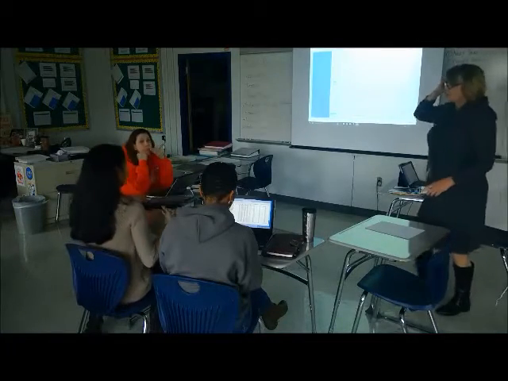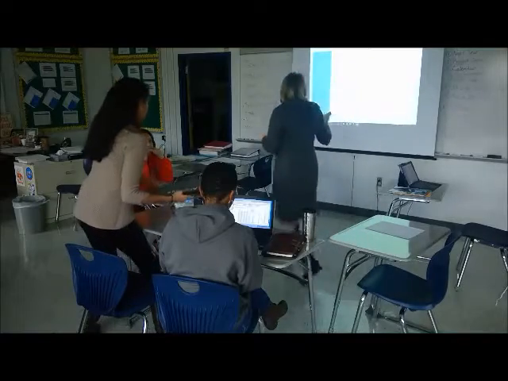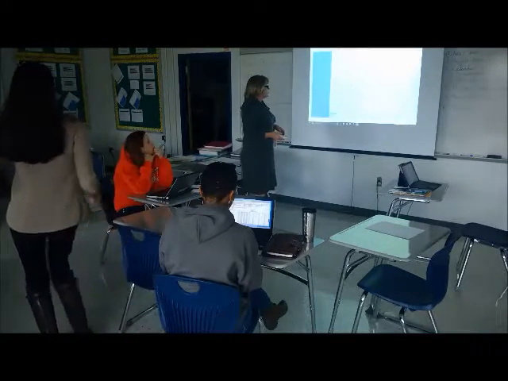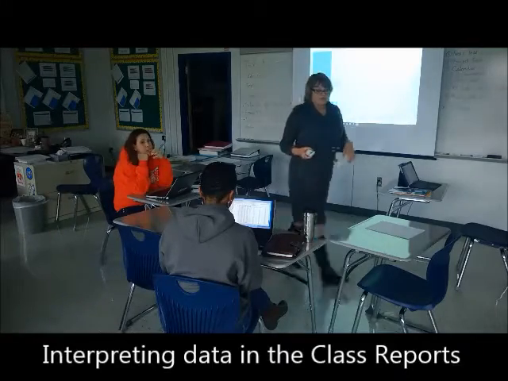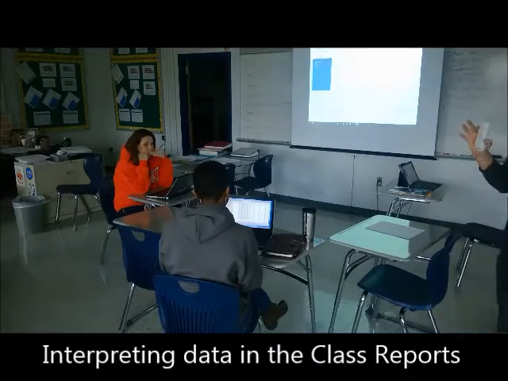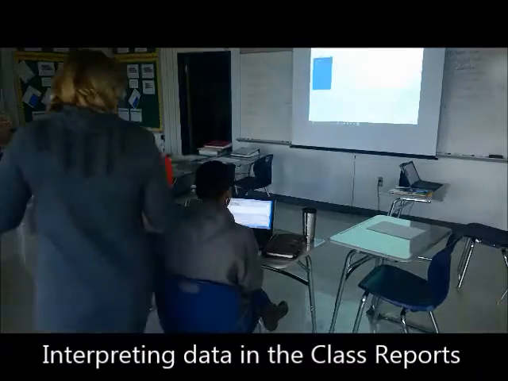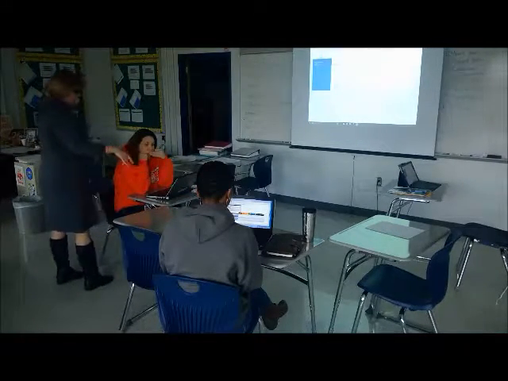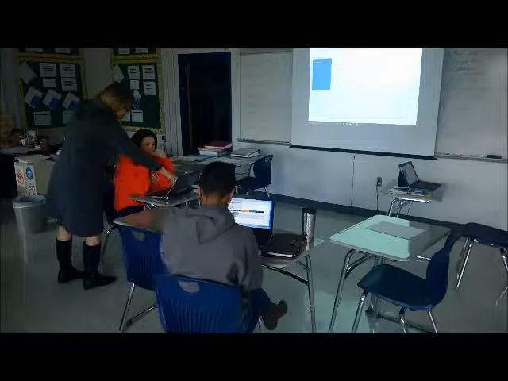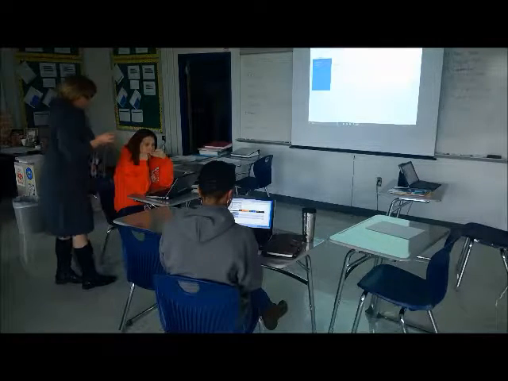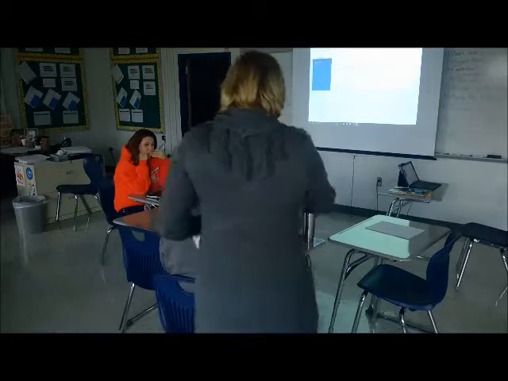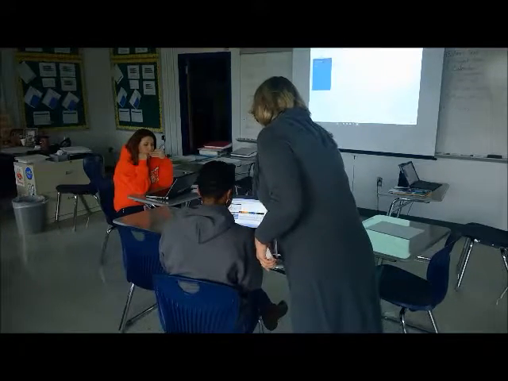Report pulls up though, so. Yeah, so you can be able to see. So what you have is color coded. You have the red, orange, yellow, green up there at the top. And this is just your class breakdown as far as how many kids, and it shows you how many were low, how many were low average, how many were average, all the way up to the top. We'll get to those parts in just a second.